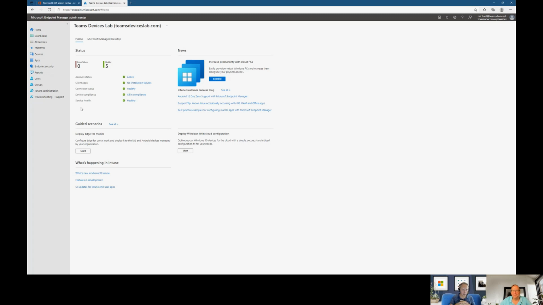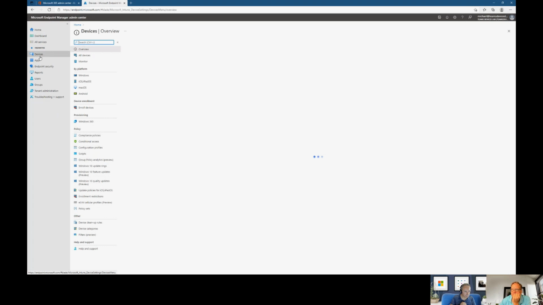So yeah, I still call it the Intune console. From here, it's your single pane of glass to manage everything related to endpoints. And so let's go to the devices view first. Yes, so before we start configuring anything,